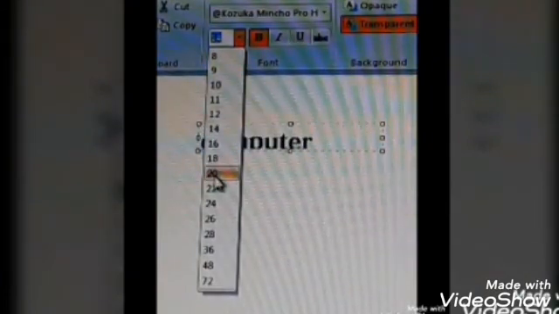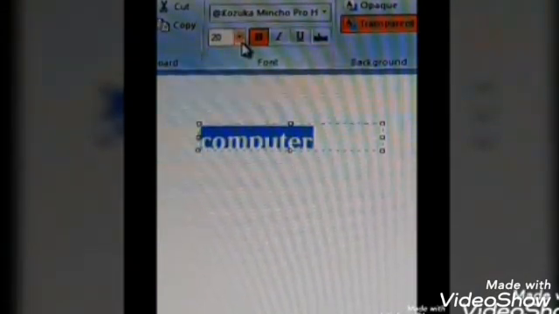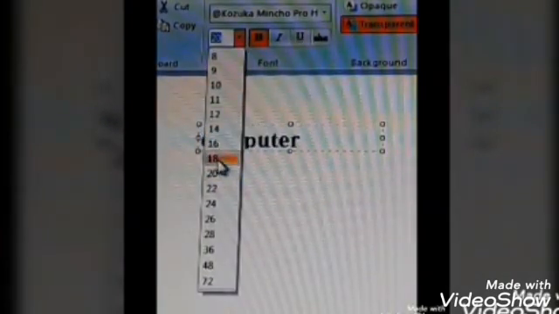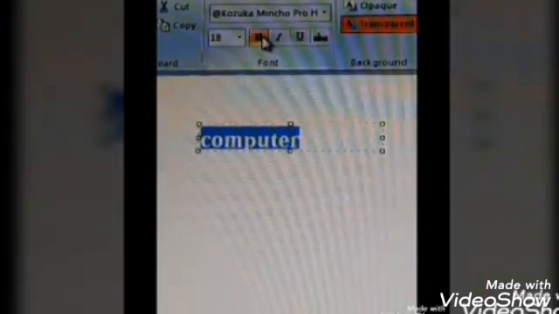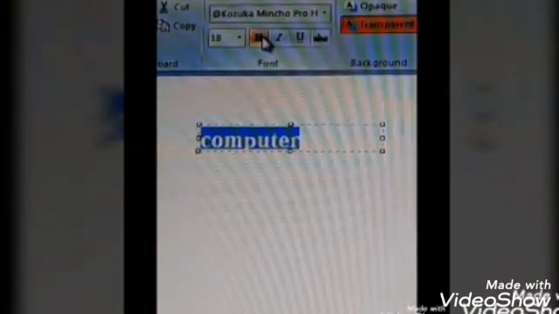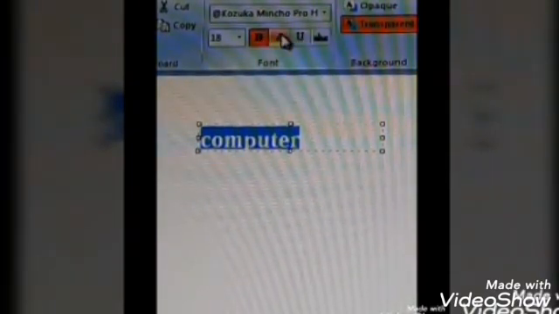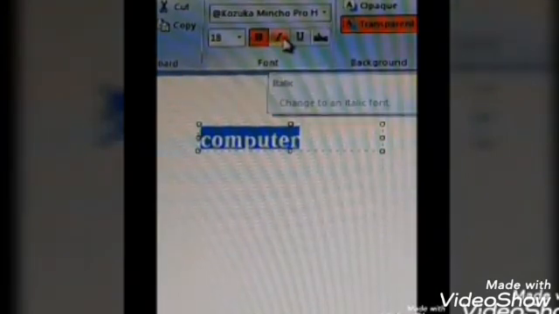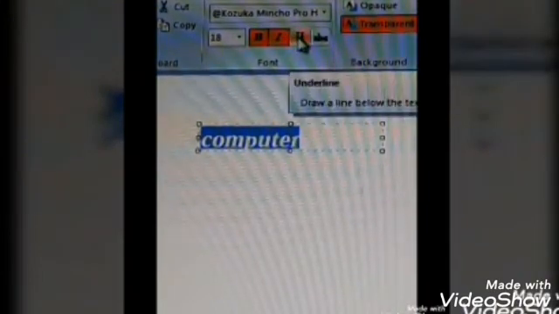Okay children? Now suppose I am selecting this. Now you can change the size of the word. And now you can make it small or big or whichever. Now here you can change the style. Bold, you all know, is to make the text thick. If you don't want it, you can remove it, or else you can make it bold. This is I, for italic, to make it a bit slanting, and this is for underline. If you don't want any of these options, you can click that button again and remove that option.